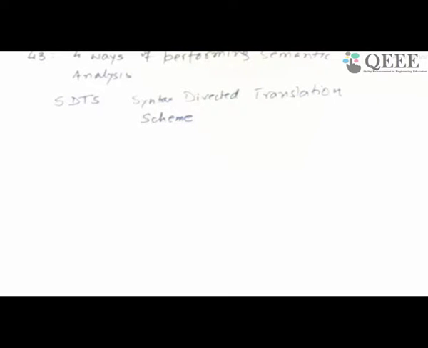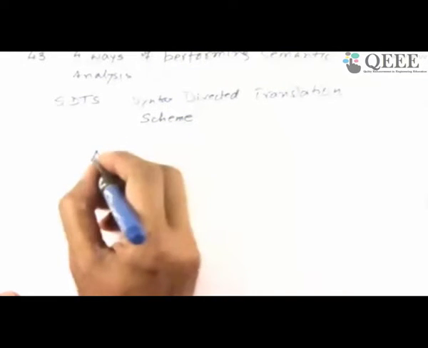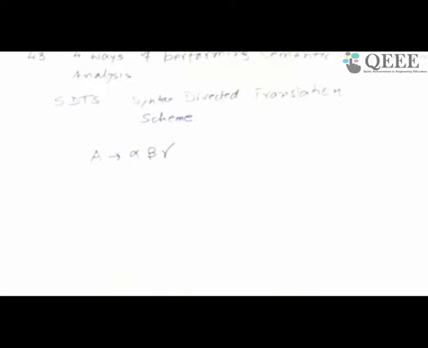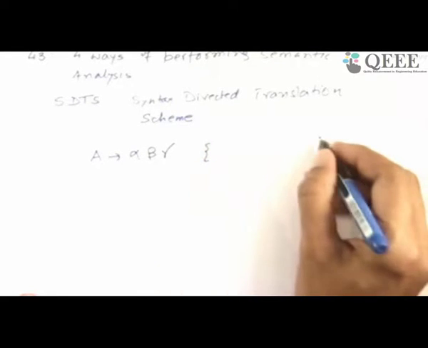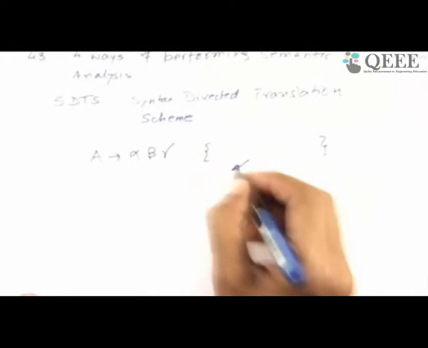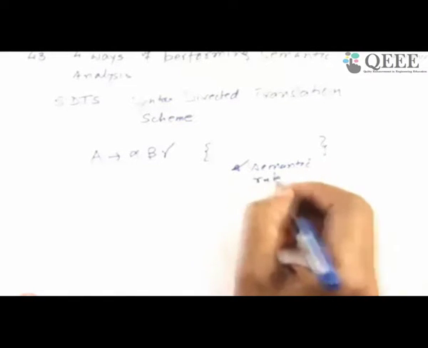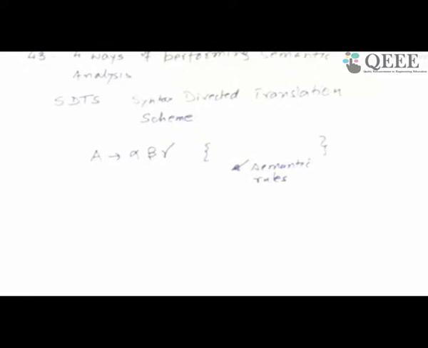The speciality about this scheme, as I go along and explain in more detail, is that you will have a rule, let's say A going to alpha, beta, gamma. A is the left hand side non-terminal. Alpha, beta, gamma are grammar symbols on the right. I presume you are familiar with this. Now we are going to write something at the end, which are the semantic rules. This will vary depending on what the grammar is. This is a common background. If you have any doubts, you should ask me now.